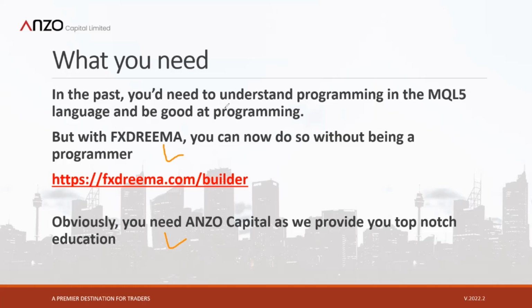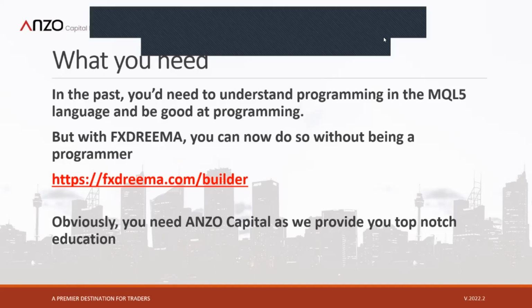code our EAs directly. Before now, I used to build my EAs by hard coding using the MQL language. MQL is the programming language to build this. But not everybody is a computer science student, or understands programming. And so with FX Dreamer, you're able to do so without having to write complex code and algorithms and all of those things. You can simply do it by drag and dropping, and I will show you exactly how to do that. Actually, a little bit more intense than that, but it's just much easier than having to hard code it